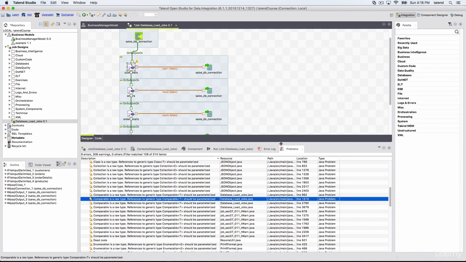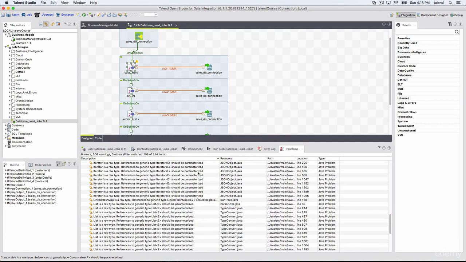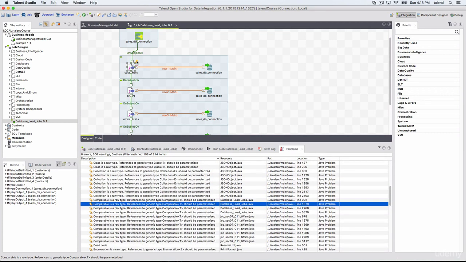The Problems tab displays different errors or warnings with your code. So when we removed the schema for this particular component, it shows me the warning that no schema has been defined yet. So you can go to the Problems tab, and the job resource name or job name you can see here.